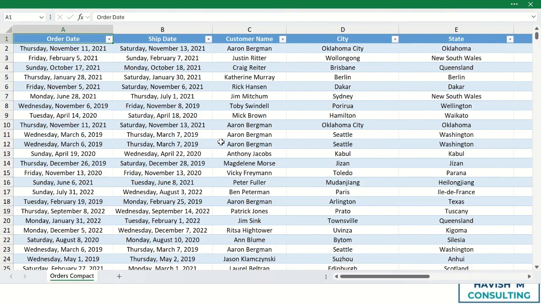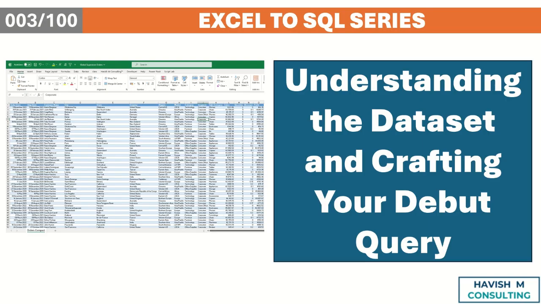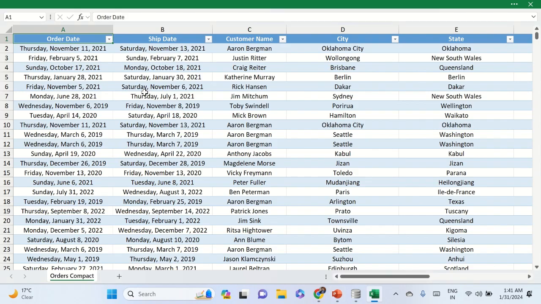So the dataset that we are working with is called Global Superstore Orders. It's a very common dataset, has been around for a very long time. Let me just come out of my slideshow mode. And if you look through the columns of the dataset,